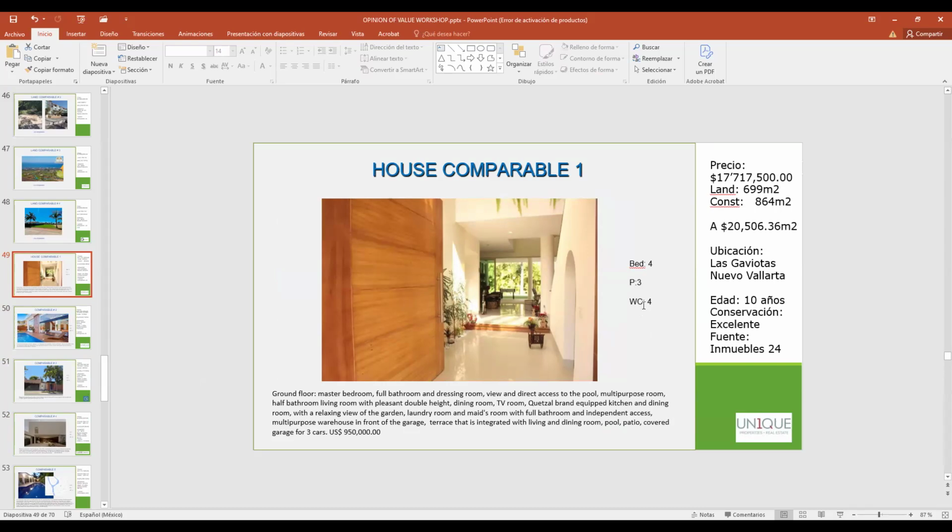Imagine a house in Ajijic with 5 bedrooms, just one parking lot and 1 bathroom. Imagine just one bathroom. How is it going to work? So you need to penalize that house.